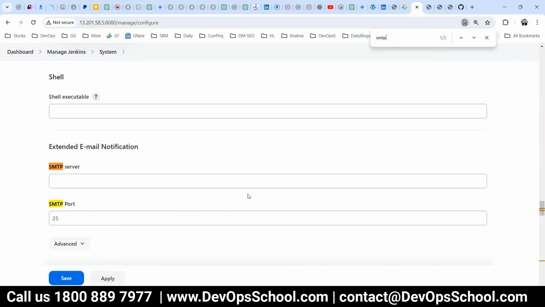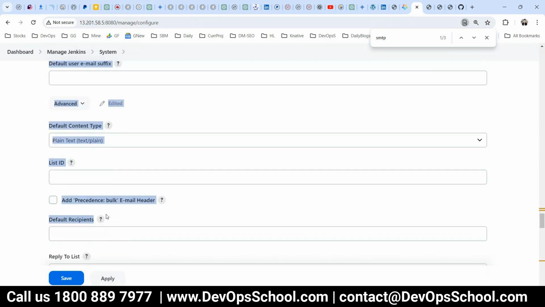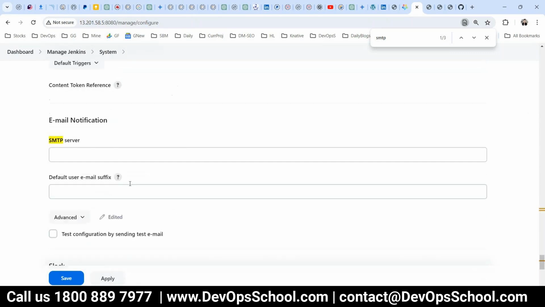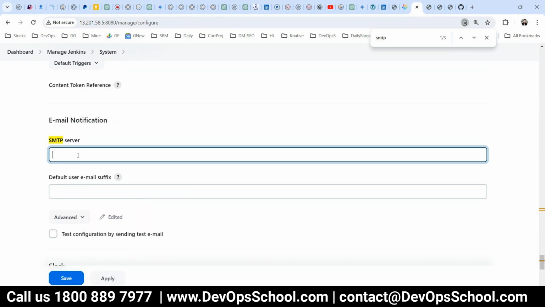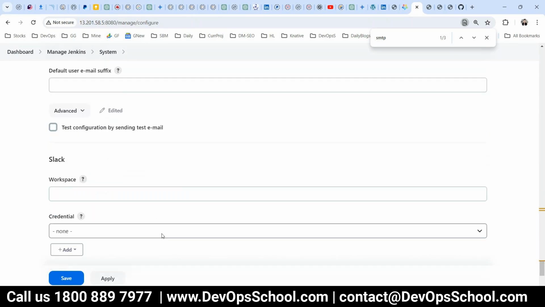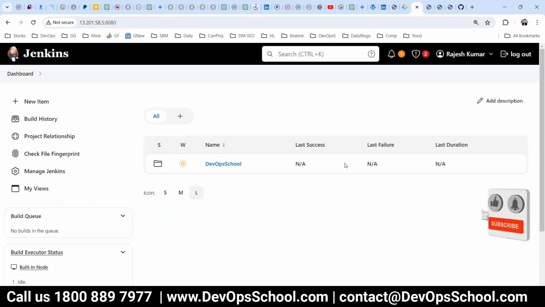Because I have two plugins, you'll have two options for SMTP server. This is the extended one, which is the advanced one. And then if you go a little bit lower, here is the basic one. That means two SMTP server configurations. Why? Because of two plugins. So you have to configure this with the help of the IT team, and then Jenkins can send an email using the SMTP server. So install the email plugin, configure the plugin with SMTP, and then after that,